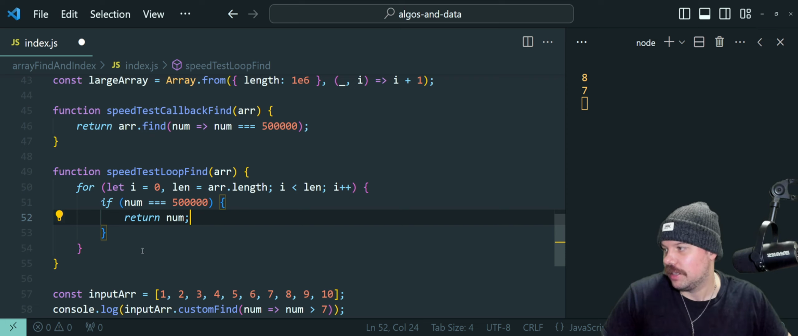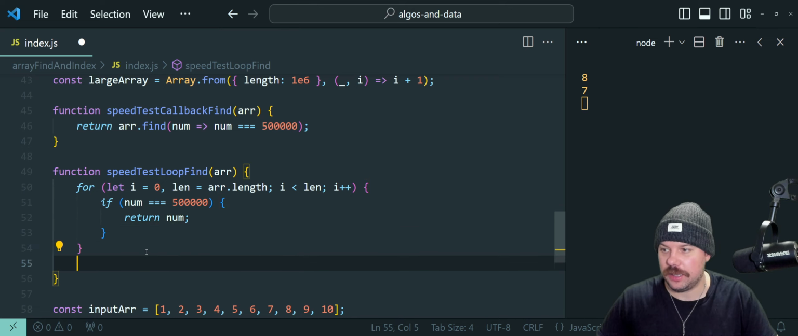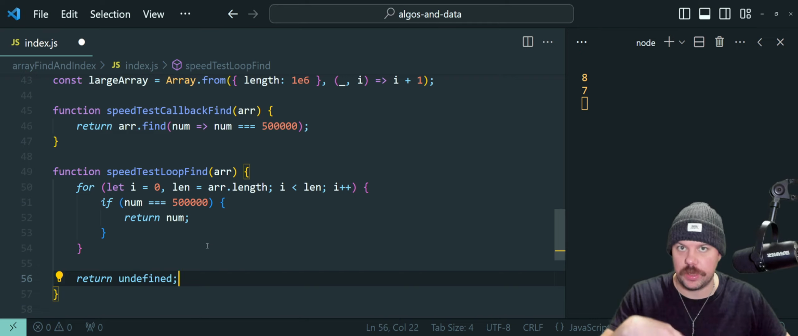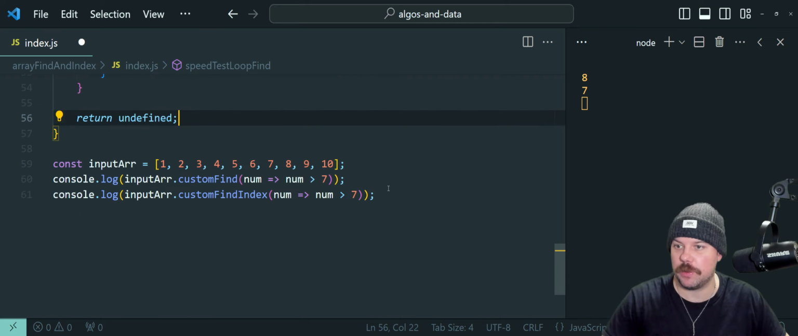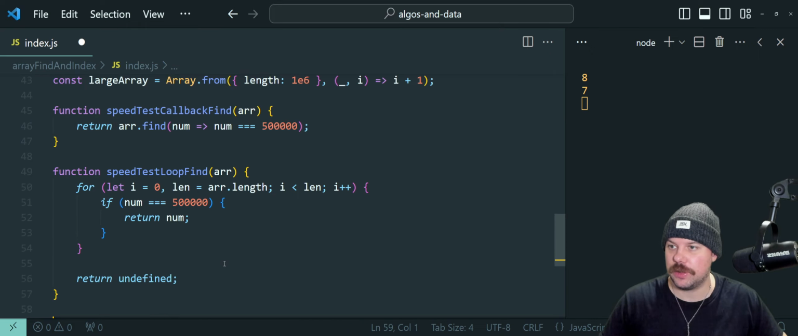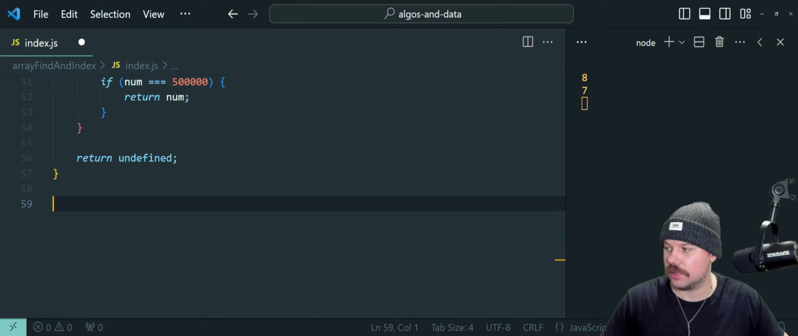So yeah, and then again, if this all goes through, we return undefined, just so we keep practicing the specs of what find does for us. But yeah, there we go. Let's go ahead and nuke those examples down there. Let's go ahead and call my console logs here, where I'm going to say